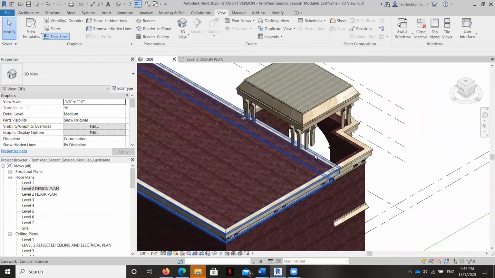I have been trying a couple of different methods to extend this roof over to this area, and it is not working. It's being blocked by this cornice, but even when I adjust the sweep path of this cornice, it just does not want to share its roof with the edges that are brought in by this linked model.